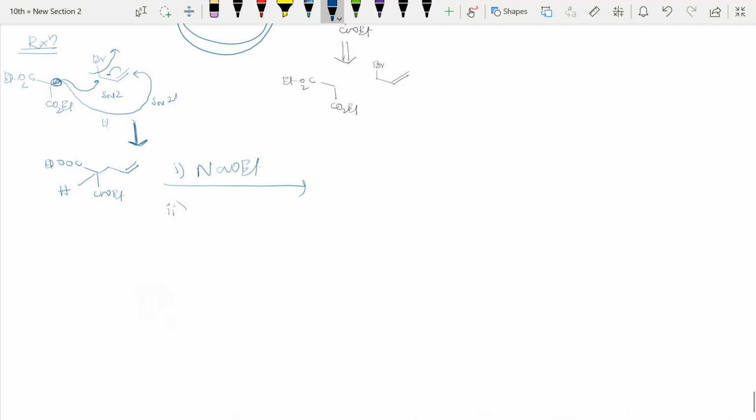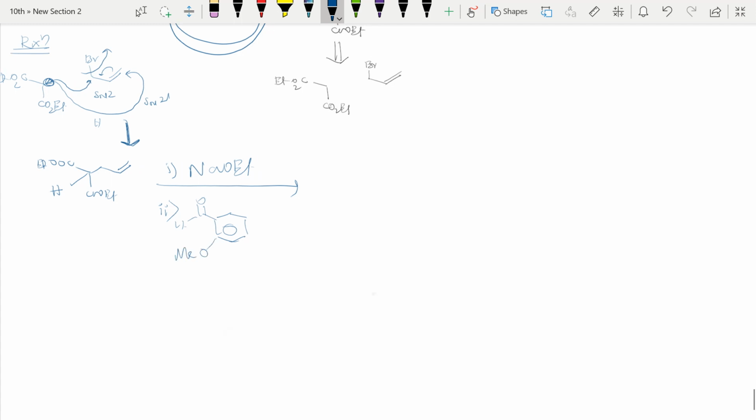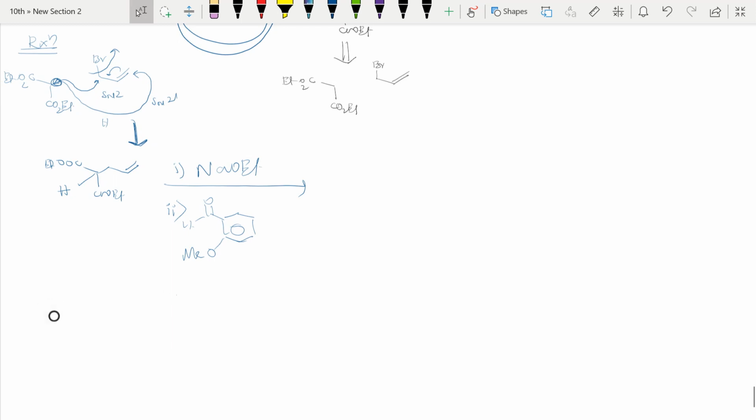Second thing, I will add that starting reagent which we got. Here an aldehyde is there and here as usual OMe is there, right? So this base will take this proton, further this electron density will react with this aldehyde. So simply I'll write the reaction: CO2Et, one more CO2Et, CH2 double bond here, and here it has reacted, here OH is there, and here it is a simple benzene ring and here OMe. I hope you got it.